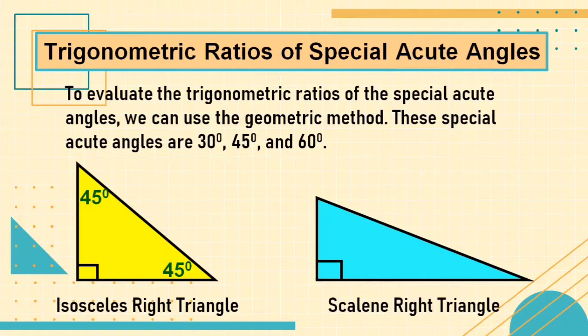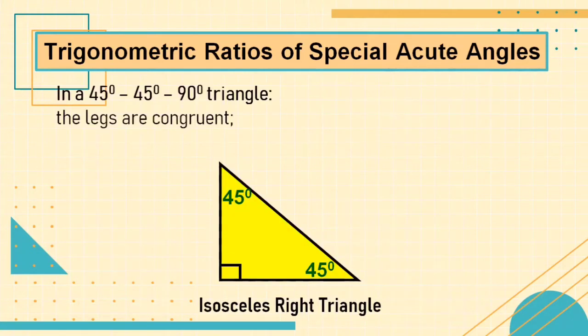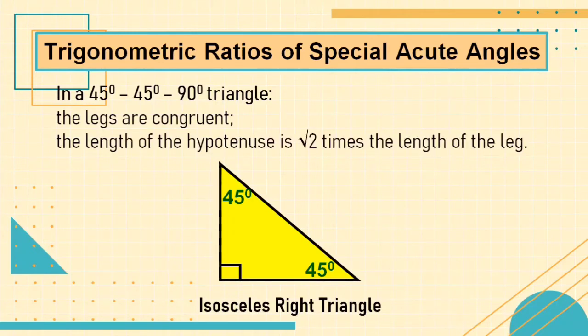Another one is our scalene right triangle. A scalene right triangle has no sides equal. And so we could have 60 degrees and 30 degrees as the acute angles of our scalene right triangle. An isosceles right triangle could also be named as a 45 degrees, 45 degrees, 90 degrees triangle. The legs are congruent and the length of the hypotenuse is the square root of 2 times the length of